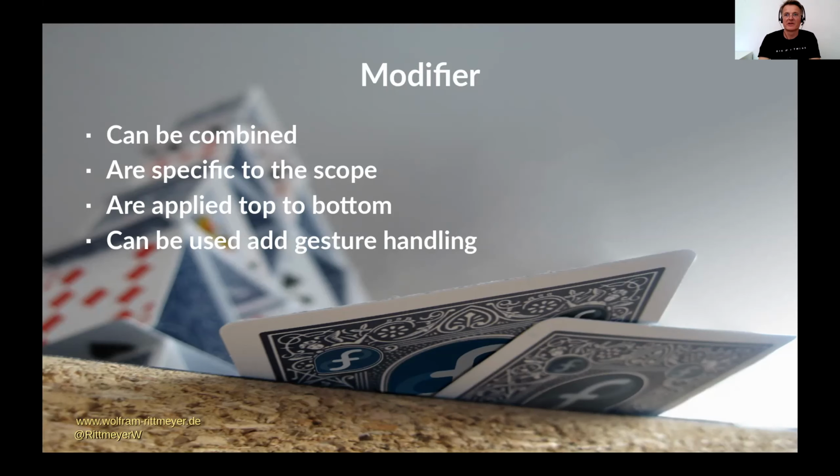And some modifiers are specific to a certain scope. For example, if you have a column, any modifier that has to deal with vertical alignment doesn't make sense and is not allowed. You can only then have a horizontal alignment within this vertical slice of the UI screen.